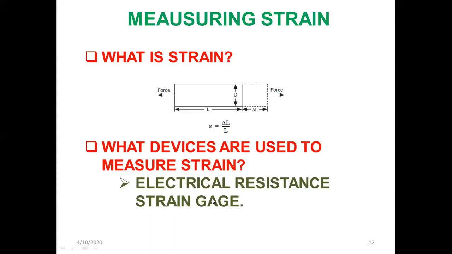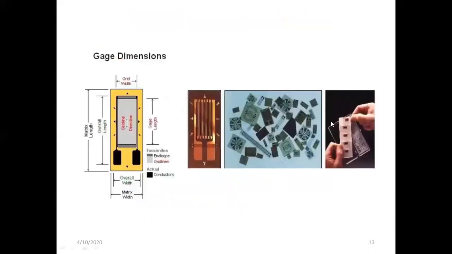The ideal sensor for the measurement of strain should have a good spatial resolution, implying that the sensor would measure strain at the particular point where we need to measure it, be unaffected by change in ambient conditions, temperature, and other variations, and have a high frequency response for dynamic strain measurements. A device that closely meets these characteristics is a resistance strain gauge. This is the resistance strain gauge. These are available in the market in this form, and this is the detailed gauge grid width, overall length. Then further it will increase or decrease.